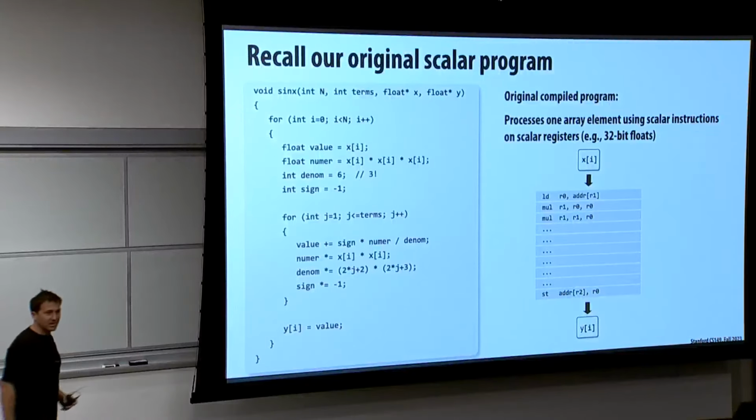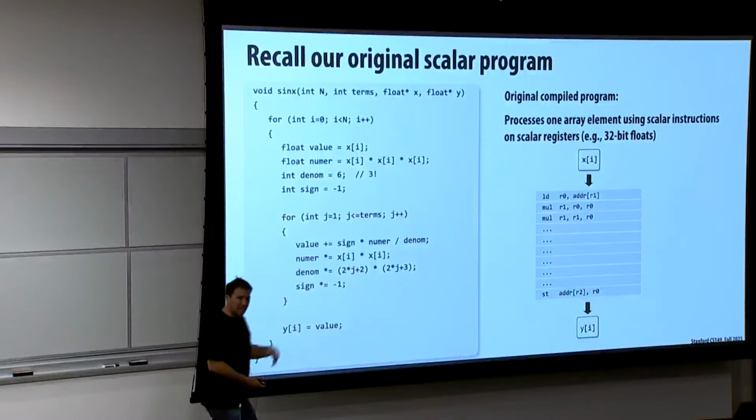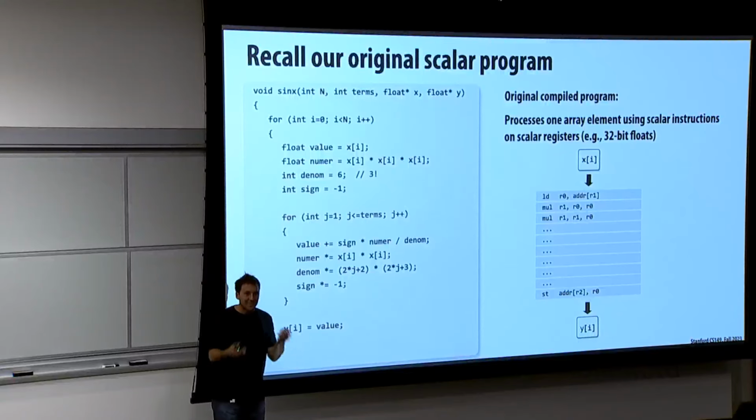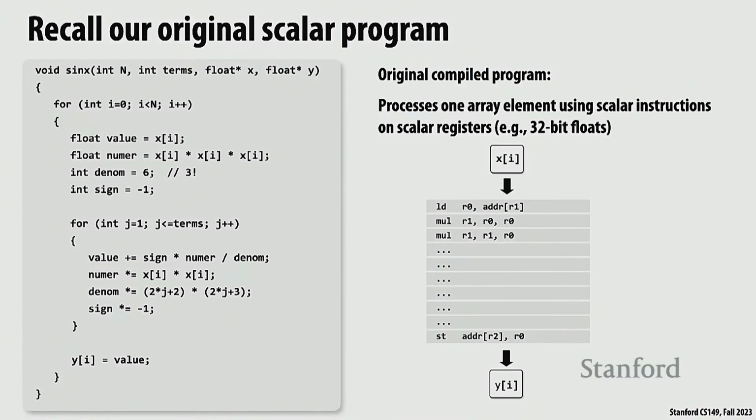That's what the C code does. But now I have a processor that has the ability to run an instruction that runs on a vector of 8 values and should read and write vectors of registers. So one way I can get the compiler to generate these new instructions that I need is I can open